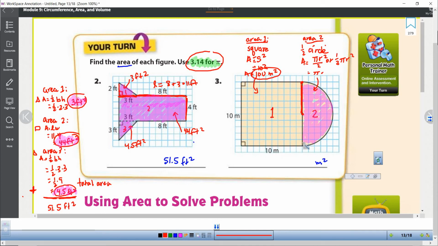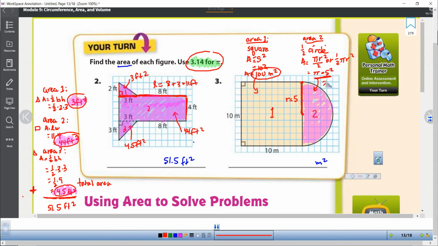1, 2, 3, 4, 5. Well, of course it's 5, Mr. Reeves, because all the way up and down, that would be the diameter, right? All the way up and down would be the diameter, and the diameter is 10, so the radius is 5. So r is 5. So it's pi times 5 squared, but then we're going to have to take that answer